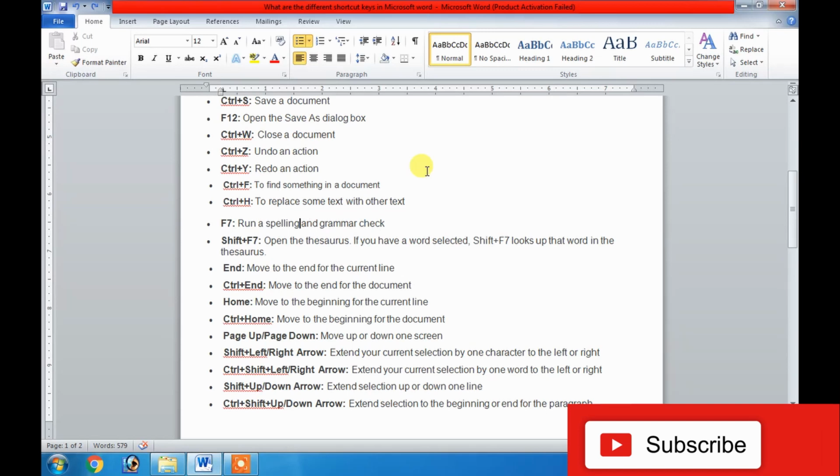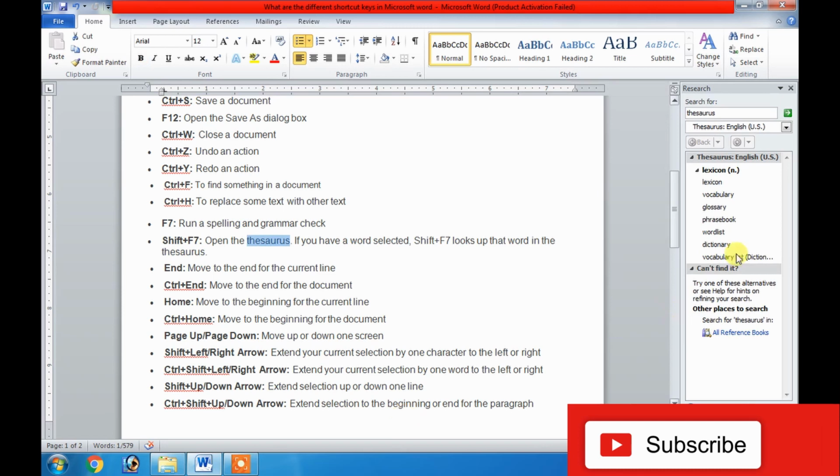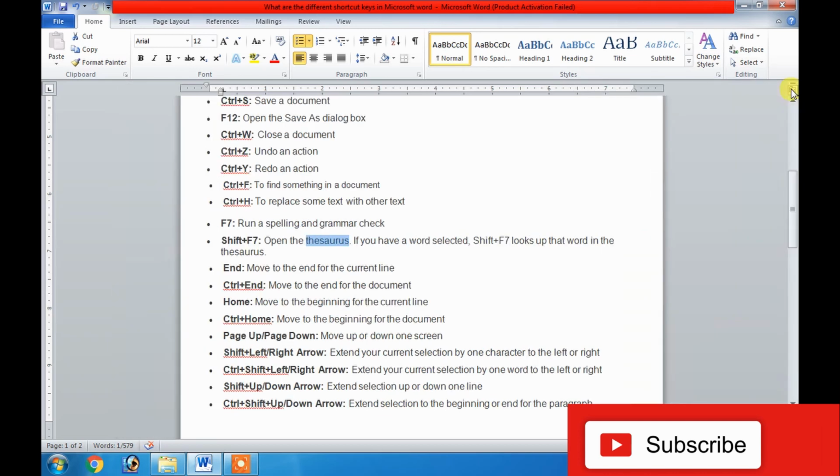Next we have spelling and grammar. This is very common. Function key F7. I'll get a spelling box and I'll be able to correct it. The same is the case with Shift plus F7. In the case of Shift plus F7, we will be able to open the thesaurus. Meaning if I want to check the spellings and see the vocabulary related to it, the glossary and the other list, dictionary related to all the words, I'll be able to find it. For thesaurus, it has shown glossary, vocabulary and word list, the synonyms or the related words.